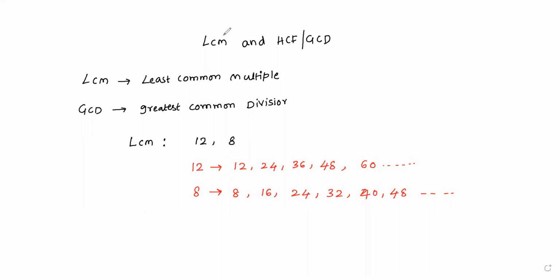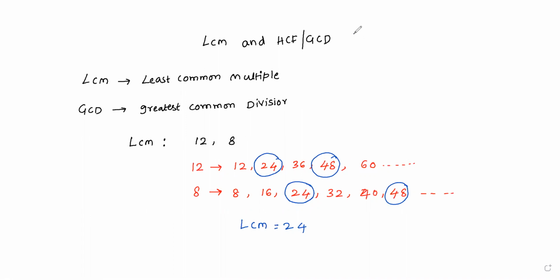Now our work is to mark the same numbers wherever they are there. So 24, 24 we have, 48, 48 we have, some other numbers may exist, we don't know. Which number is first located or first came? 24 came, so LCM we can say is 24. Many common numbers will come, and among those common numbers, the least one we call LCM.